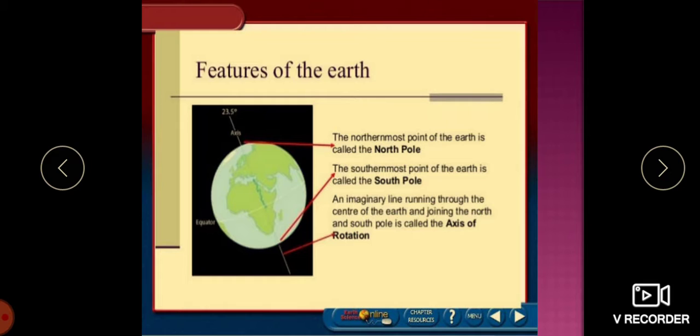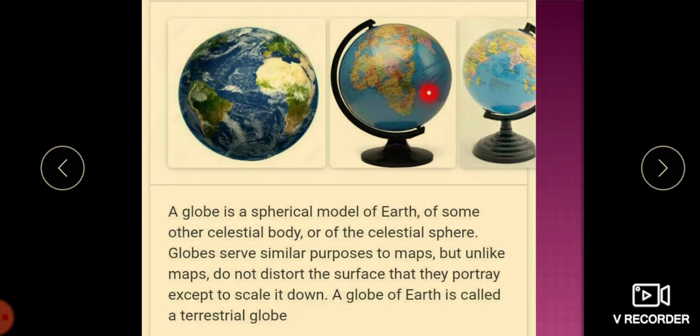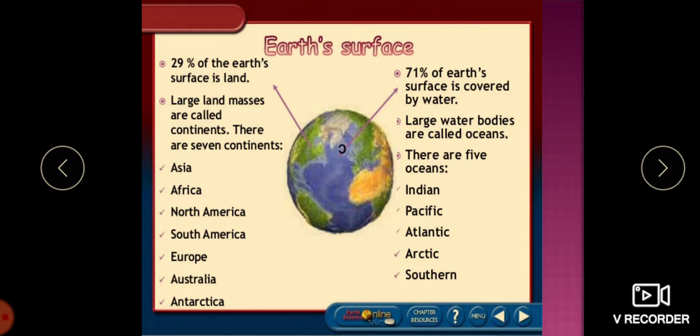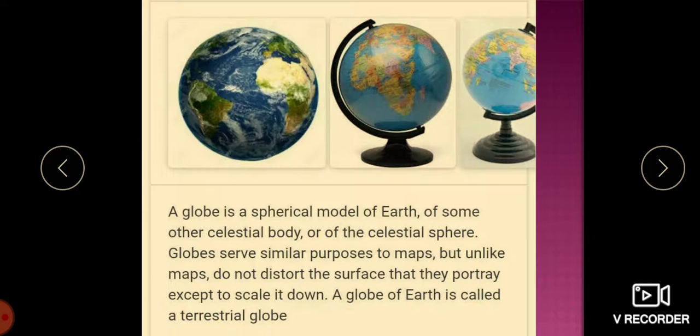A globe shows details of its subjects. A terrestrial globe shows land masses and water bodies, you can see here. It might show the nations and major cities and the network of latitude and longitude, you can see here. Some have raised relief to show mountains and other large landforms.